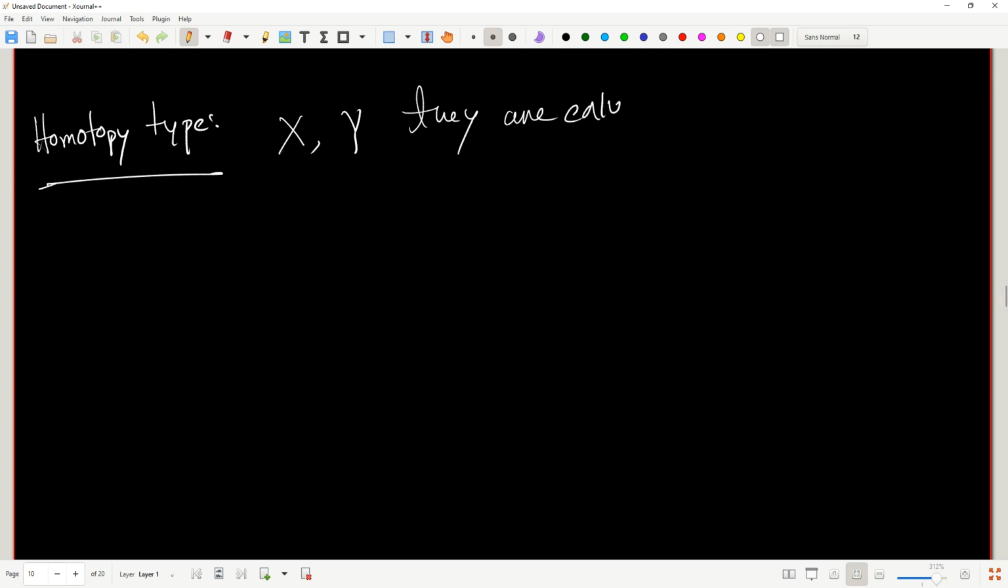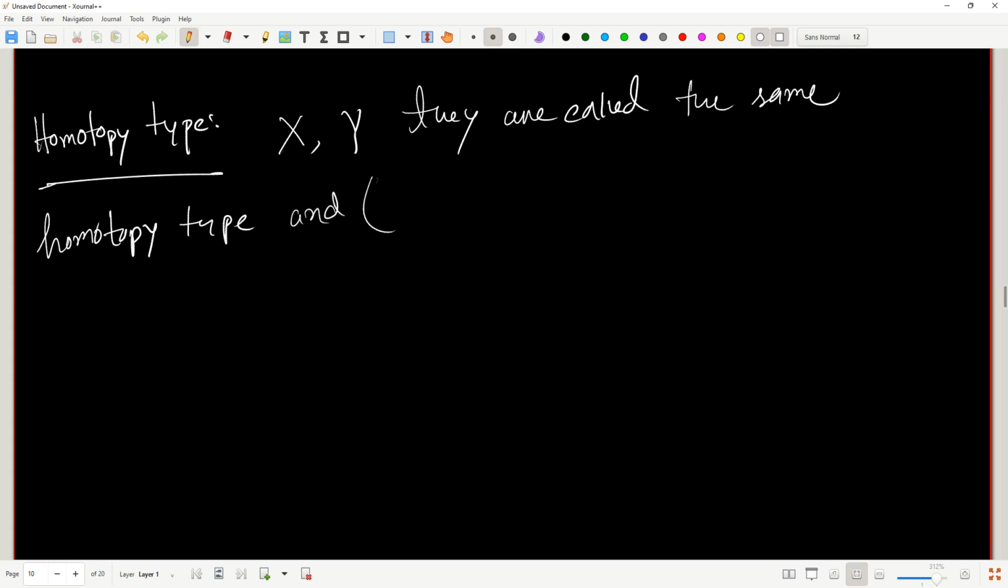Now let's talk about something called a homotopy type. So, homotopy type. Let's say you have two topological spaces X and Y. They are called the same homotopy type, and it's denoted by